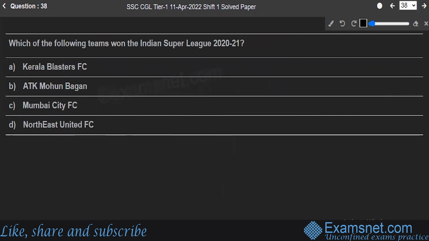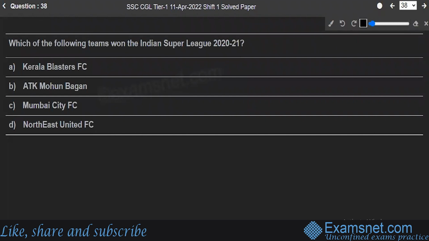Then let's move to the next question, number 38. Which of the following teams won the Indian Super League 2020 to 2021? Kerala Blasters FC, ATK Mohun Bagan, Mumbai City FC, or NorthEast United FC? See, at the GMC Stadium in Goa, Mumbai City FC defeated ATK Mohun Bagan by 2-0 to win the Indian Super League